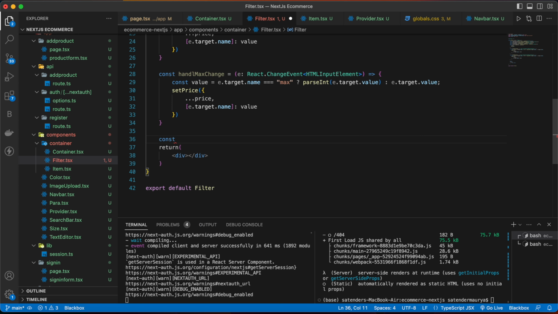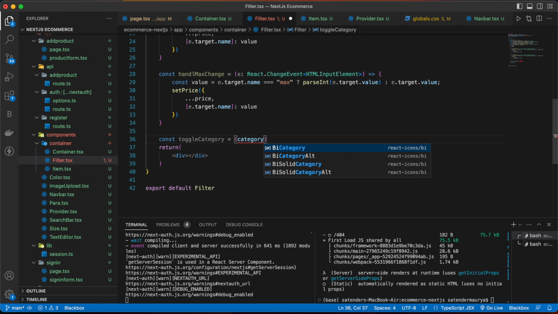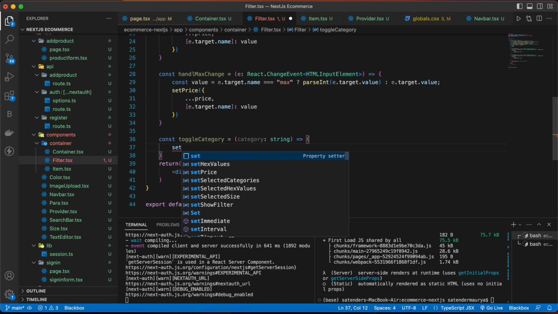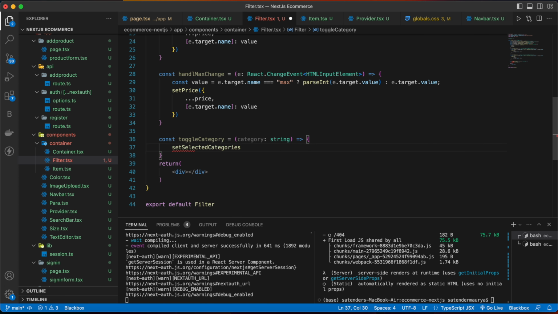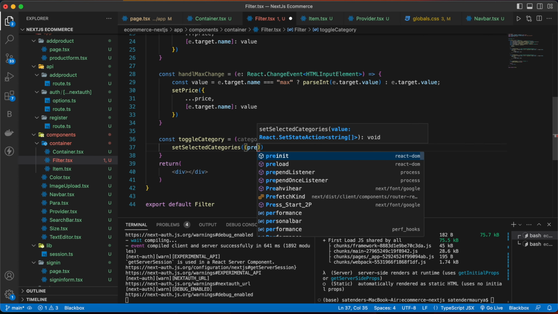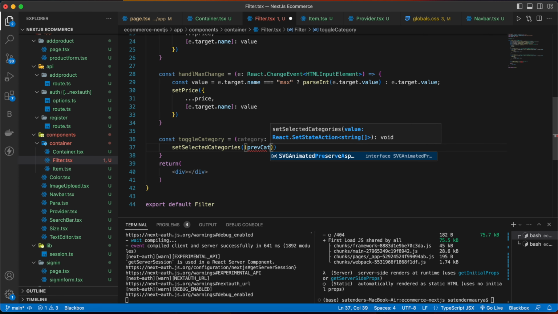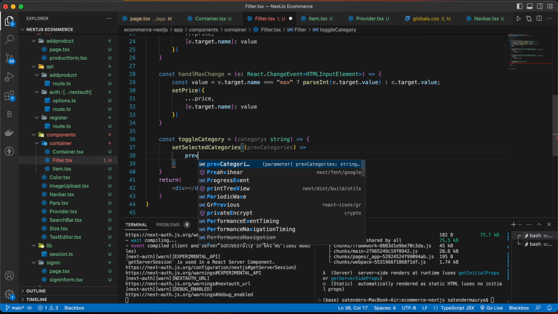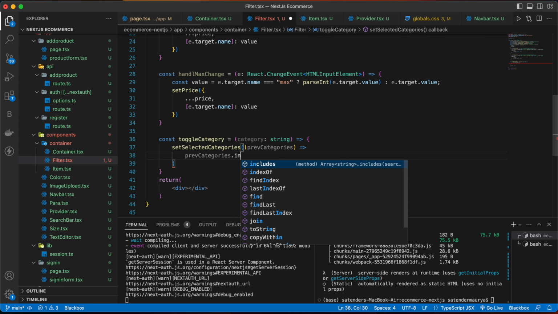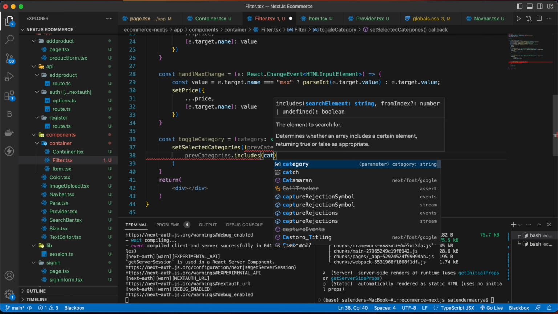Next we are going to write a function to toggle the category. It will take category as input and it will be a type of string. Inside that we are going to have setSelectedCategories and then previousCategories arrow function, and previousCategories.includes(category).